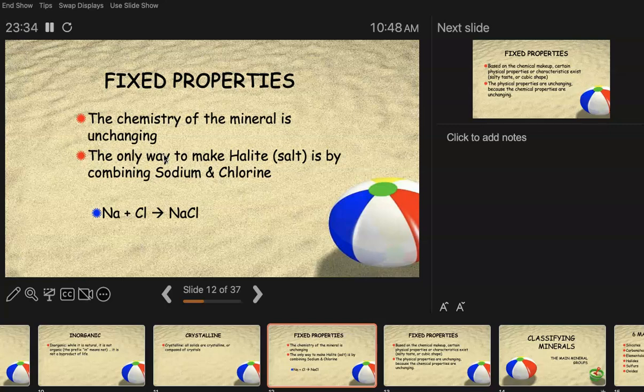It's always going to be cubic cleavage. You could go to McDonald's and open one of those teeny tiny little packs of salt, and if you had a hand lens, you would see that every single one of them is a cube. You could go and buy a blue can of Morton's salt, and every little thing in there is a cube. Now that Himalayan sea salt, we've got some on our counter. I can tell you it's not little cubes in there. That's because they broke up these big sheets that they evaporated out. But if you whacked those and got them to break just right, they should go to cubes as well. Those physical properties are set up by the chemical. Okay, I don't want to be labored, but